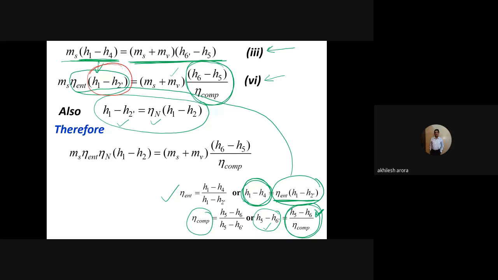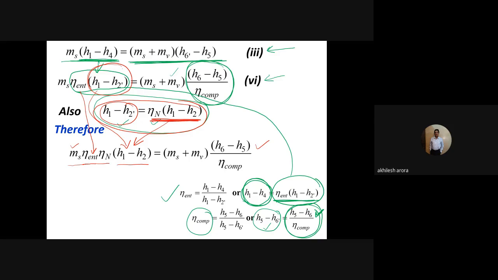H2 है, इसको मैंने क्या किया है, इस इक्वेशन को यूज करा है। तो यहाँ से H1 माइनस H2 की वैल्यू क्या है, एफिशिएंसी ऑफ द नोजल इंटू H1 माइनस H2। तो ये देखो H1 माइनस H2 जो यहाँ पे था, ये वैल्यू पुट कर दिया है यहाँ पे H1 माइनस H2 डैश। तो ये एफिशिएंसी ऑफ द इंक्रीमेंट पहले भी था यहाँ पे, अभी भी है, और यहाँ से नोजल एफिशिएंसी इंटू H1 माइनस H2। अब ये एक पूरी इक्वेशन आ गई मेरे पास, ये MS पहले भी था, अभी भी है,